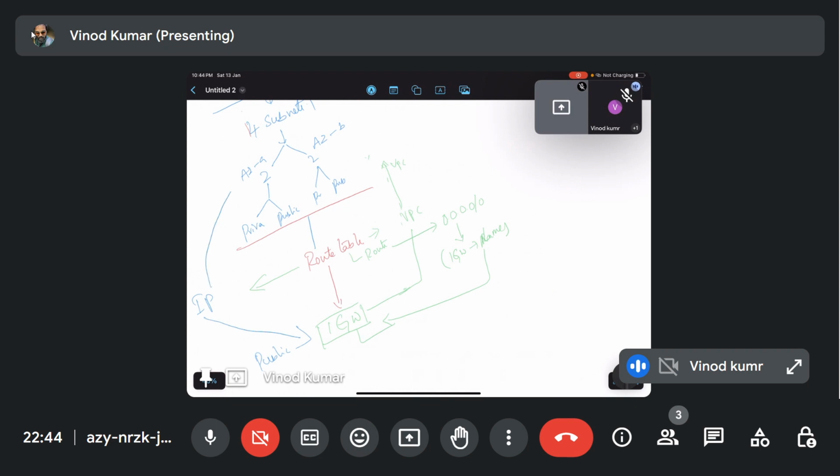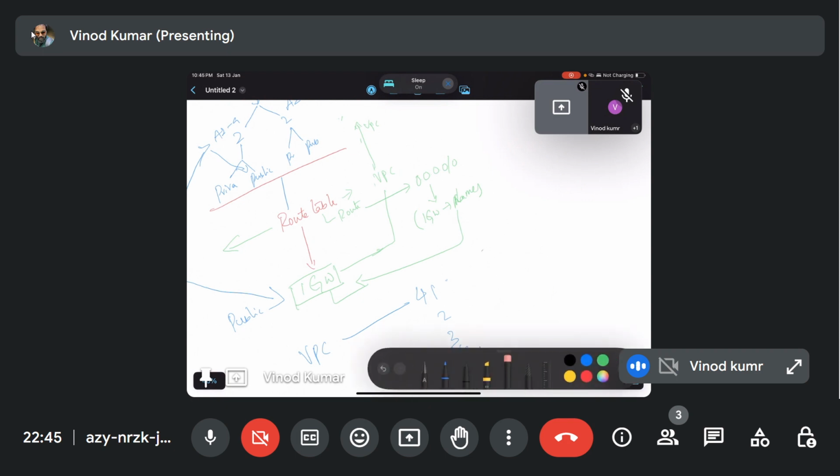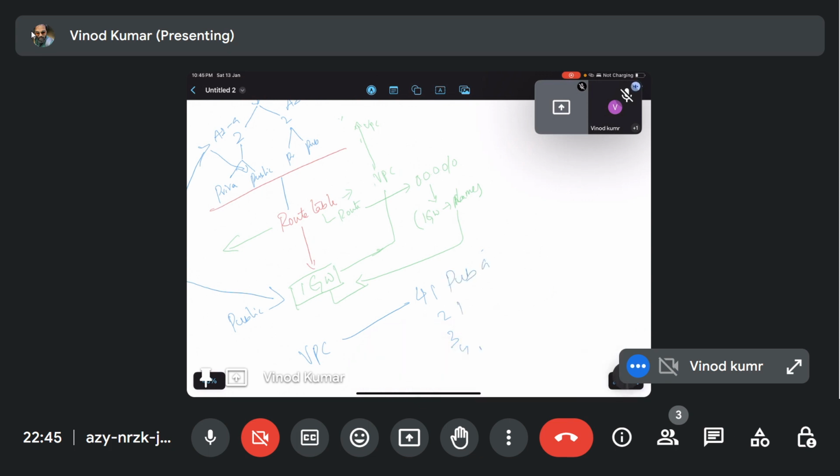So you have chosen the AZA public subnet only. So now the VPC has four subnets: pub A, pri A, pub B, pri B. And this is the public availability zone AZB.